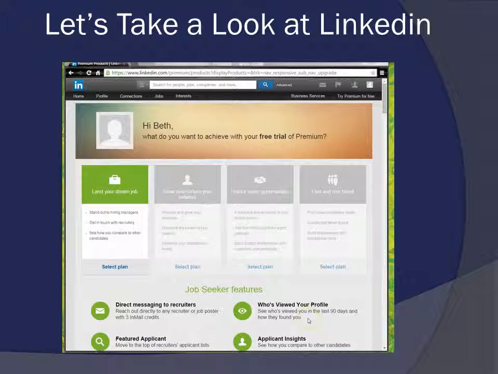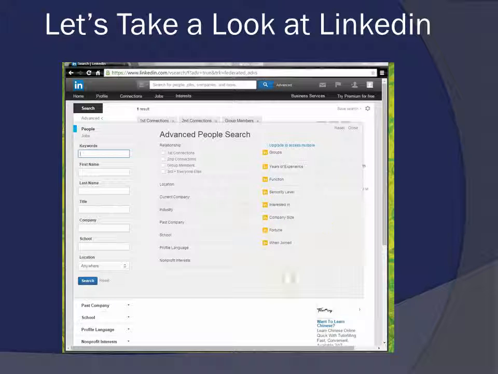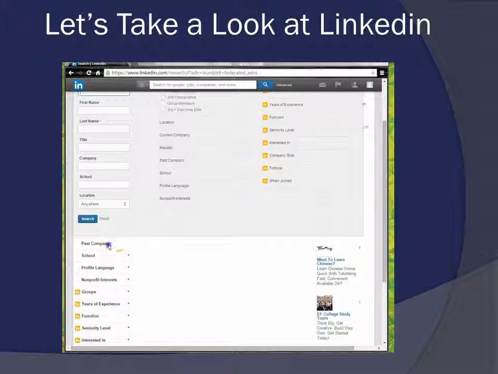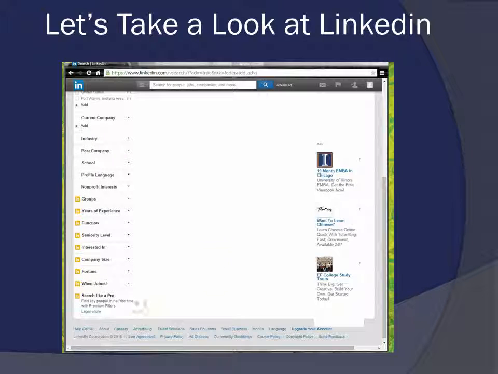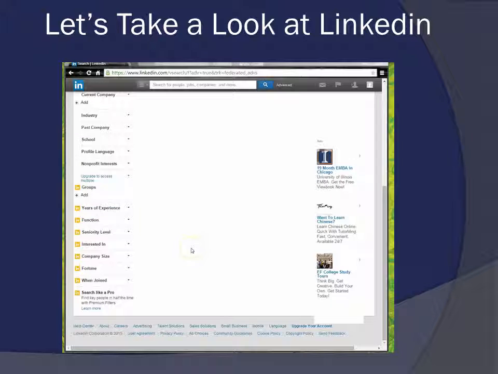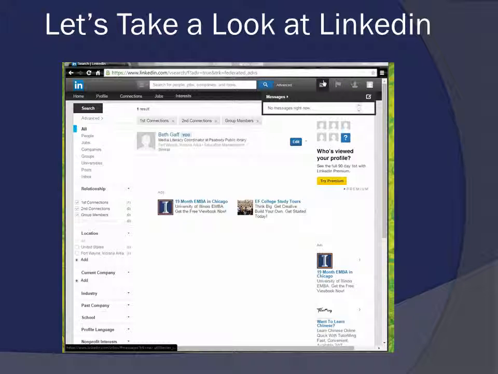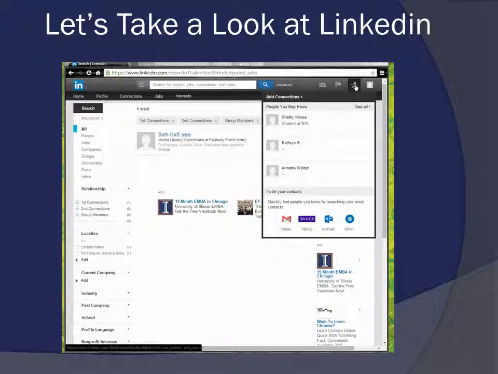Right now we're just using the premium version, which is the free trial, and we can always, let's go see what this advanced does. Okay, this advanced allows us to kind of minimize or limit our jobs and people and maybe things that we're looking for. I could do past companies if that's what I want to do, any kind of groups that I may be involved with. I do have to upgrade to have access to multiple groups, so evidently I can only have so many that would be free to me. Any kind of messages I would have, any notifications, and again, any friend requests.